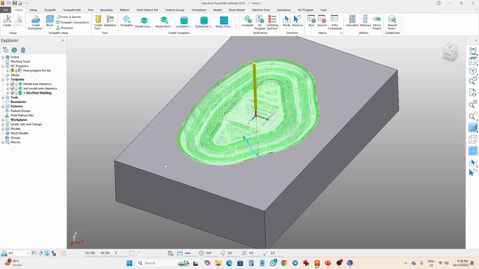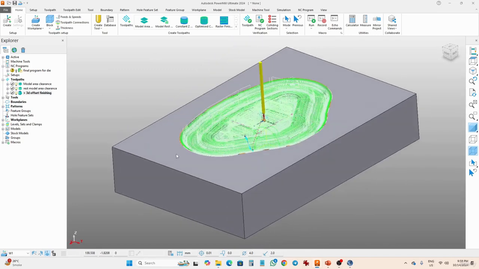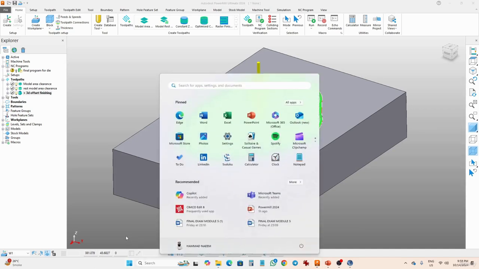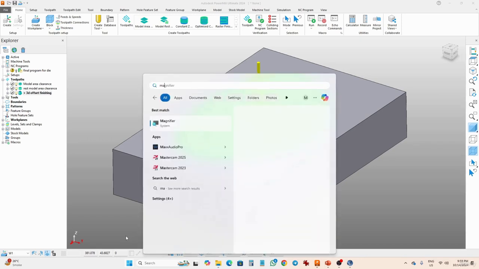So today the topic is all about configuring the post processors and how we can configure the post processor. There is a software inside Autodesk PowerMill. When you download and install the software in your system, another software is installed, named Autodesk Manufacturing Post Processor Utility. So what you have to do is just write it, manufacturing